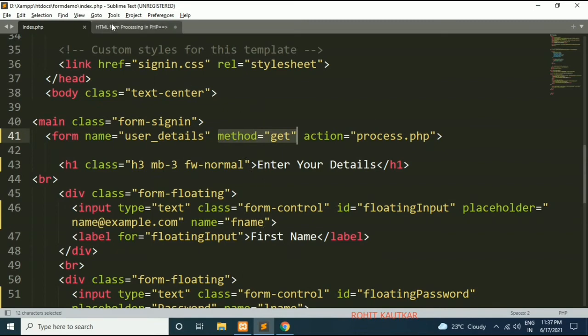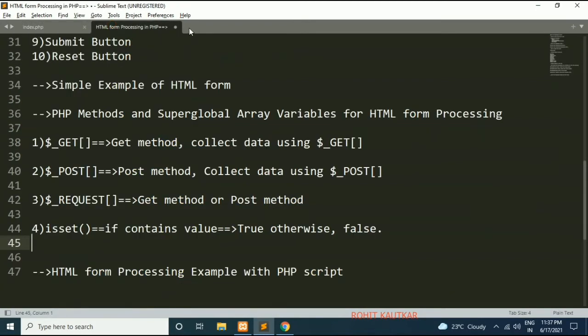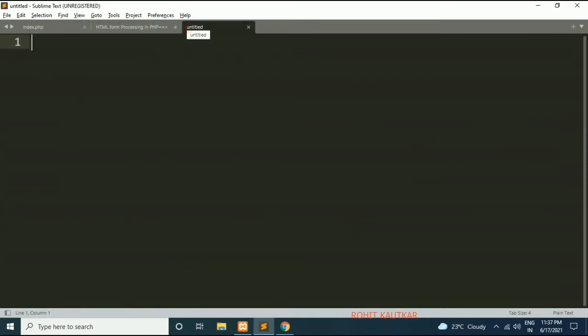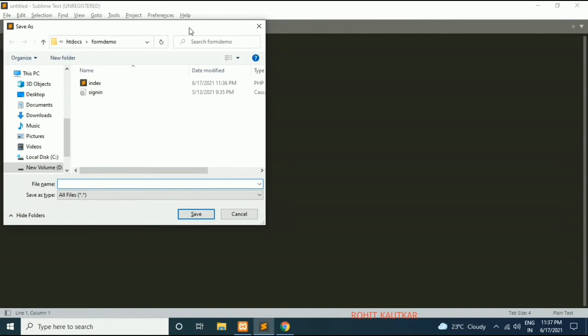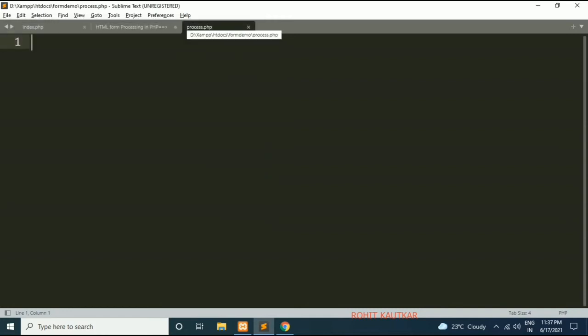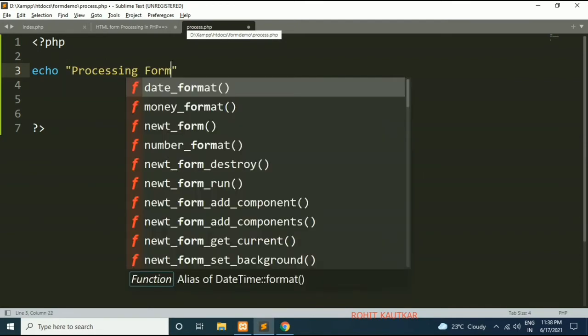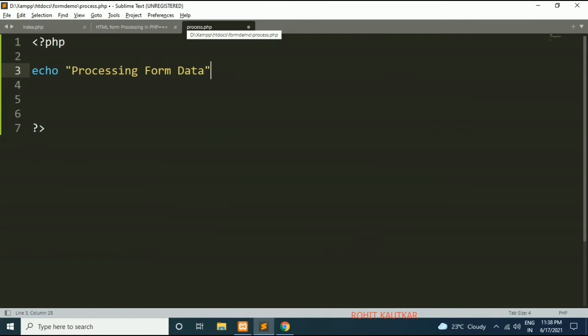Now we will create the process.php file. Here I will create a new file and save it within the same directory with the name process.php. Within this file, I will initialize our PHP script with the canonical PHP block, and here I will write echo "processing form data".